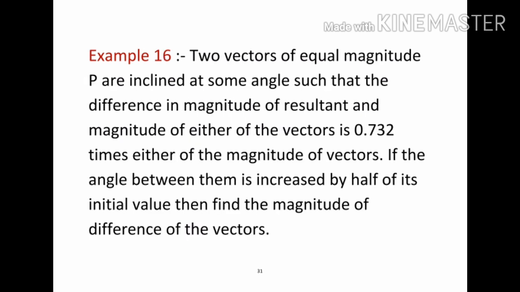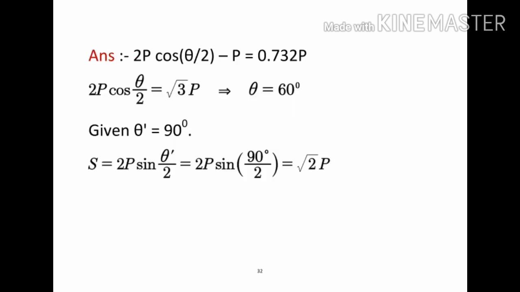one more example. Two vectors of equal magnitude P are inclined at some angle such that the difference in magnitude of resultant and magnitude of either of the vectors is 0.732 times either of the magnitude of the vectors. If the angle between them is increased by half of its initial value, then find the magnitude of the difference of the vectors. And in this case,